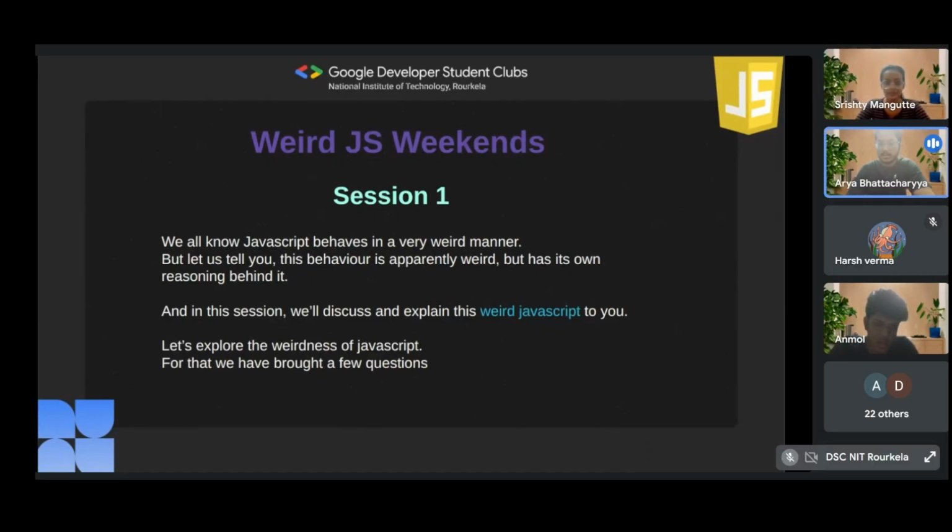That has not been the case a few years ago, but it has been topping the list for a few years now, despite being one of the hated languages because of its weirdness. That is what we are going to learn in this session. But it's one of the loved languages that we developers use mostly in our projects, and we tend to use JavaScript in the majority of projects.